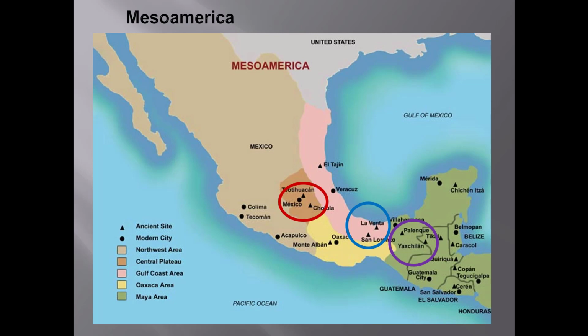So let's start with the area usually called Mesoamerica, areas we now know as Mexico and Central America. We're going to look at two sites: Yaxchilan on the border between Mexico and Guatemala, and circled here in purple, was one of the many Mayan city-states. This one reached its height in the 8th century, which is during what archaeologists call the Mayan Classic period.